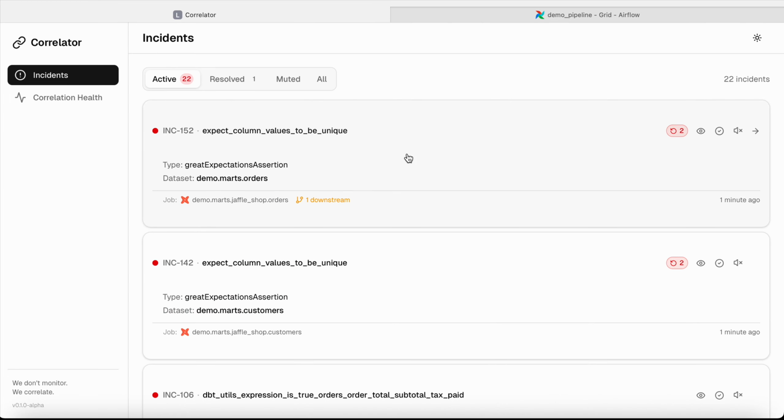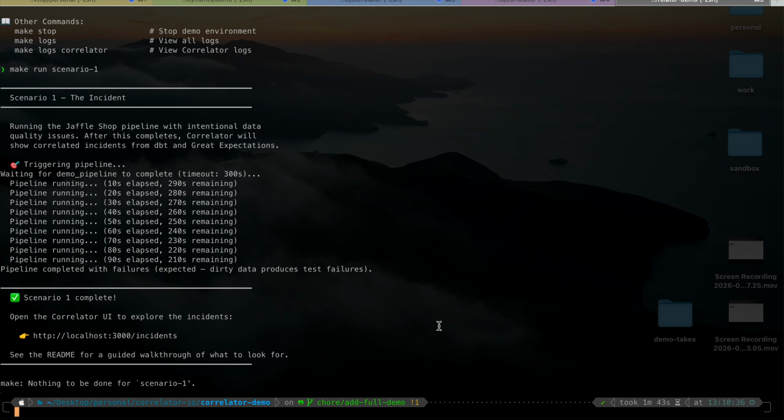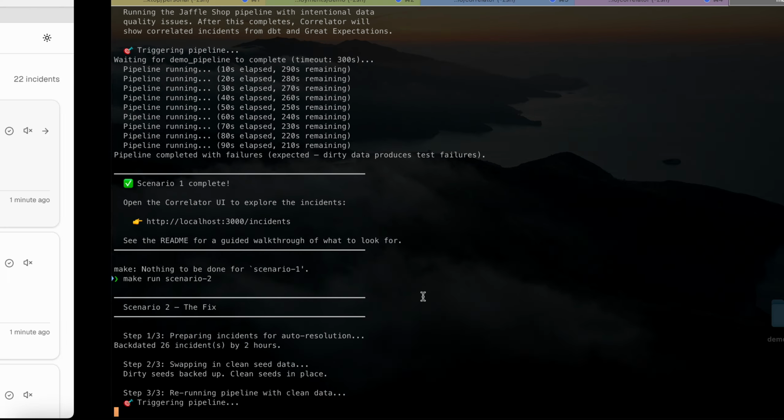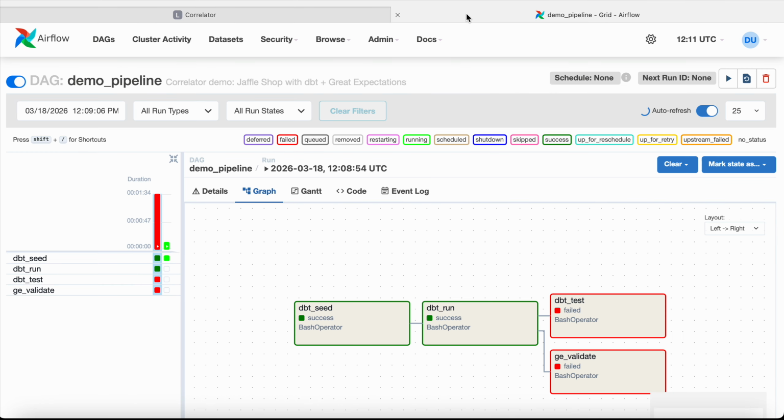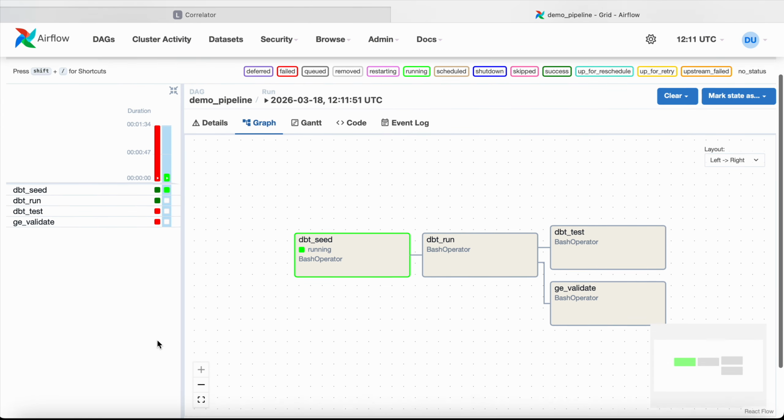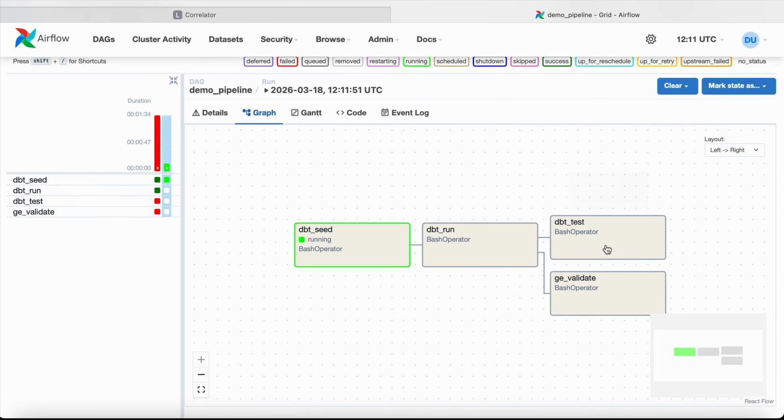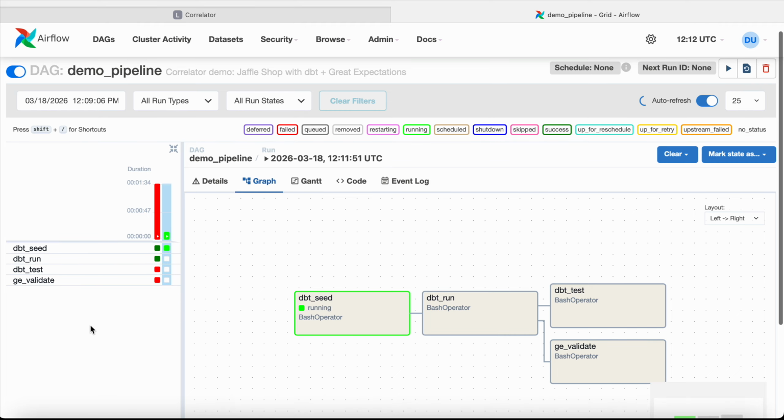So for our second scenario, we're going to simulate a fix. So assuming the fix has been applied, when we run our second scenario, which has the fix, and hop over to the pipeline, it will run again, and this time it will not fail because the fix was applied in this demo. So when a fix is applied,